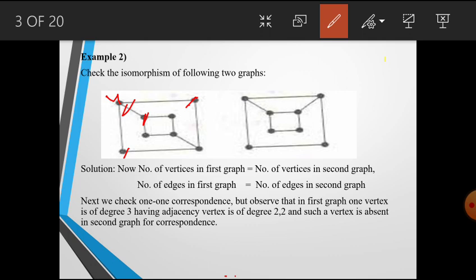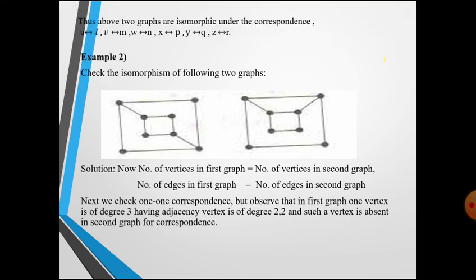For finding such a vertex, we can check the vertices of degree 3. These two are vertices of degree 3. Now we consider this vertex of degree 3 and check its adjacent vertices. This is degree 3, this again degree 3, and this is 2. We cannot find a vertex of degree 3 having the adjacent vertex degree sequence 2, 2, 3. Also this is a degree 3 vertex, but it has adjacent vertex degrees 3, 3, 2. That is, the adjacency relation is not preserved in these two graphs. Hence, these two graphs are not isomorphic. Therefore, we say that G1 is not isomorphic with G2.